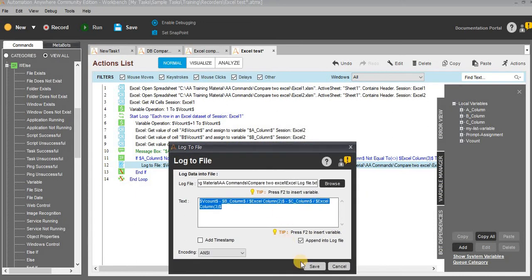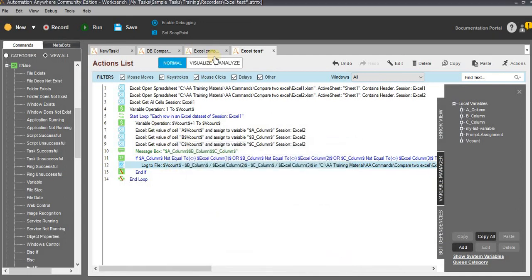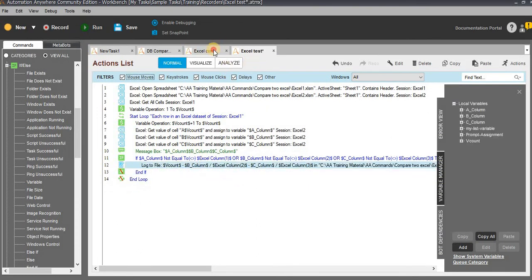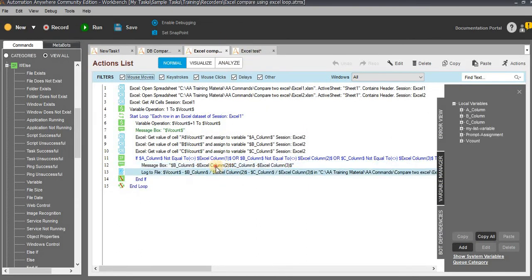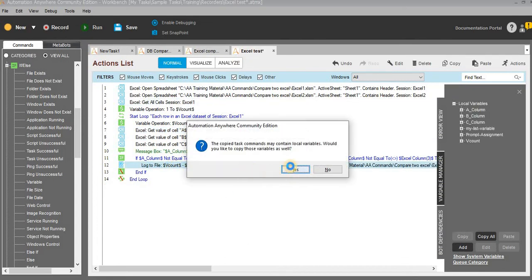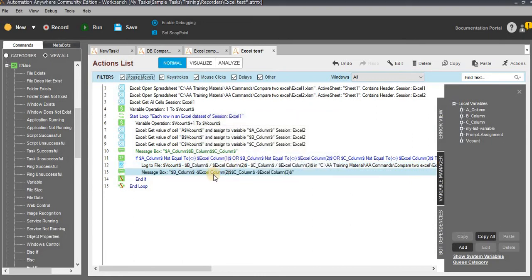So we are going to save all the information into the particular log file. Just click on OK, and we have completed the same activities. Additionally, I have added one more message box to display to the users, such as bot runners, so they can understand what's happening. If there are any issues, they can understand, right? That's the reason I am displaying the message box. So now the task is completed. Very simple. I have written just 14 lines of code. The message box is unwanted.